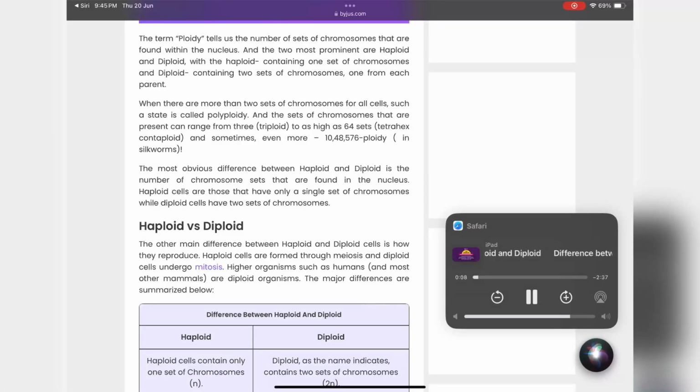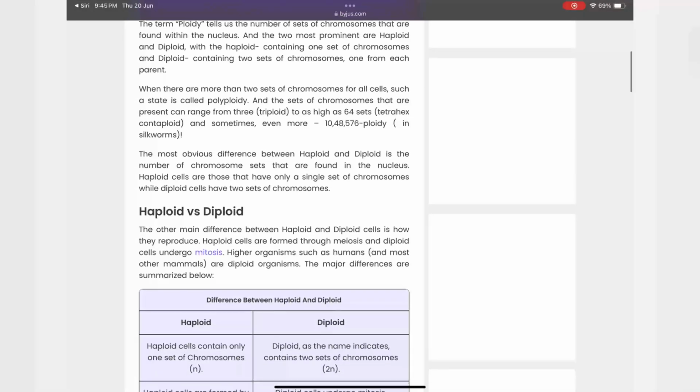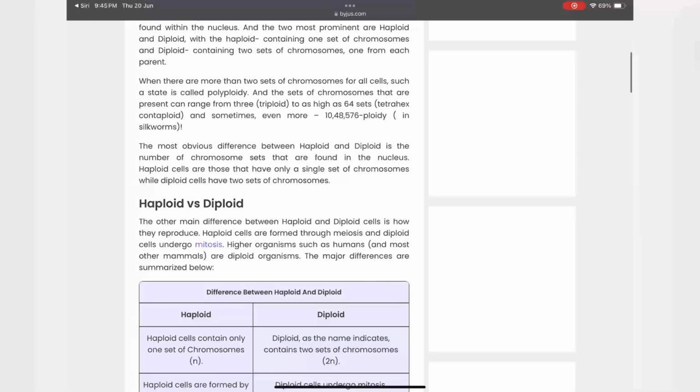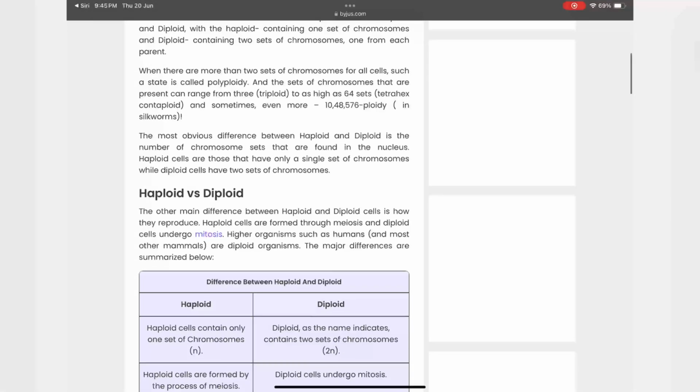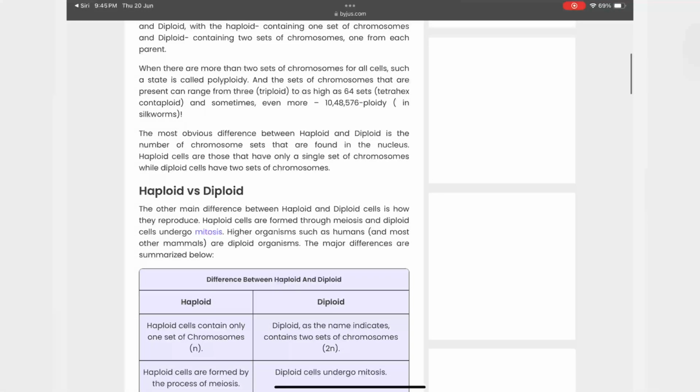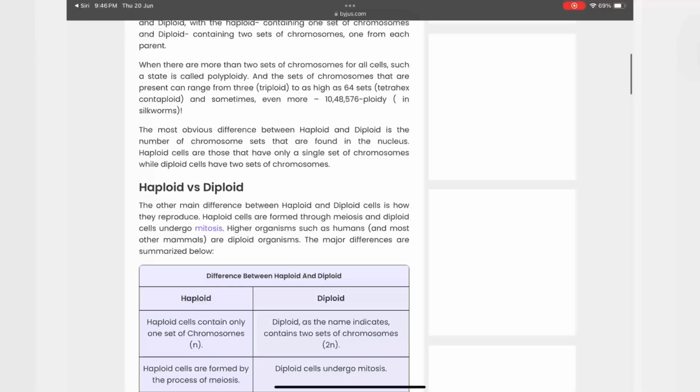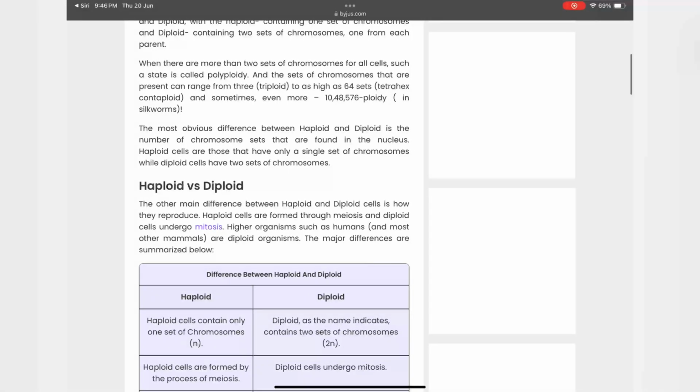within the nucleus. And the two most prominent are haploid and diploid, with the haploid containing one set of chromosomes and diploid containing two sets of chromosomes, one from each parent. When there are more than two sets of chromosomes for all cells, such a state is called polyploidy. And the sets of chromosomes can range from three, triploid, to as high as 64 sets, tetrahex, quintuploid, and sometimes even more,